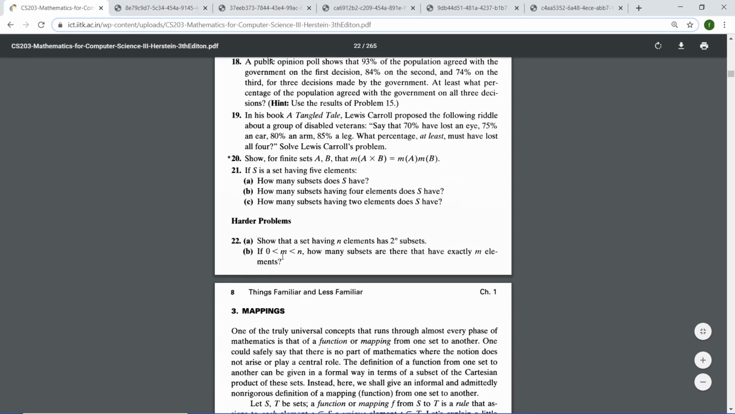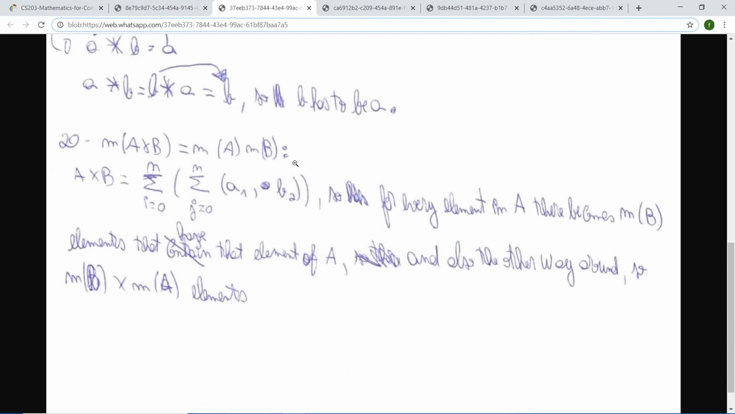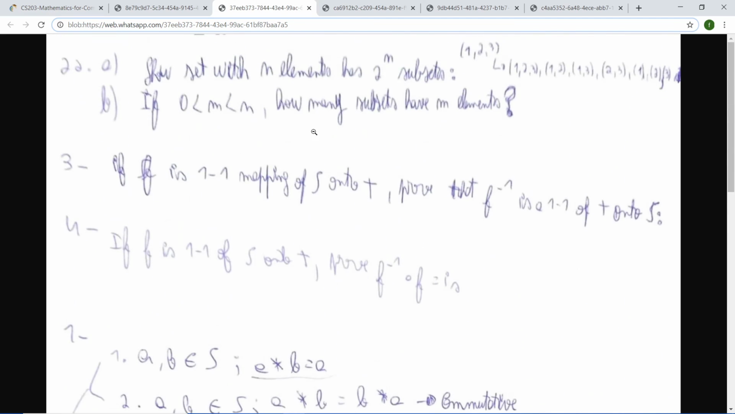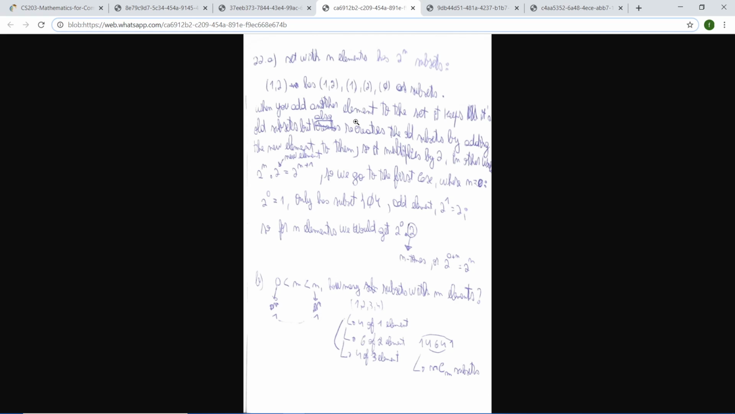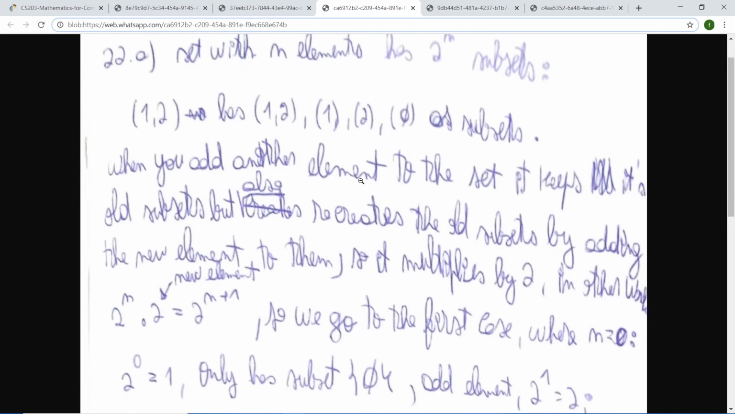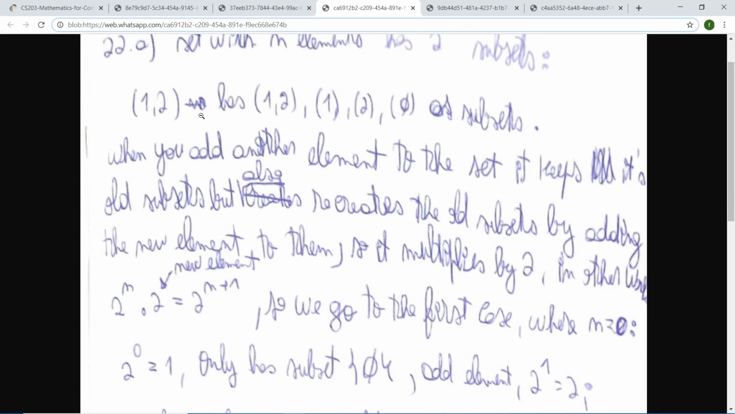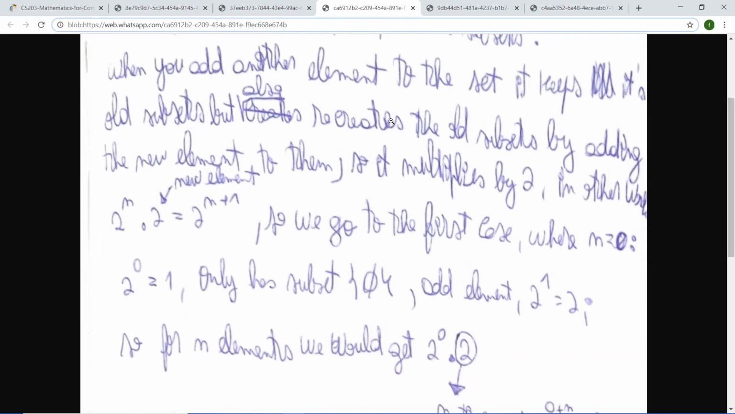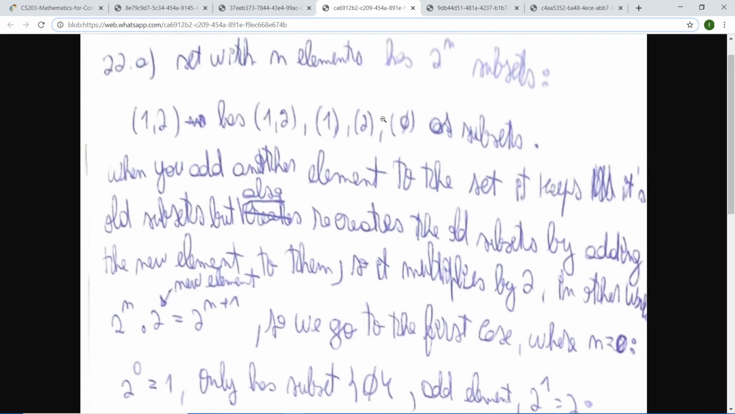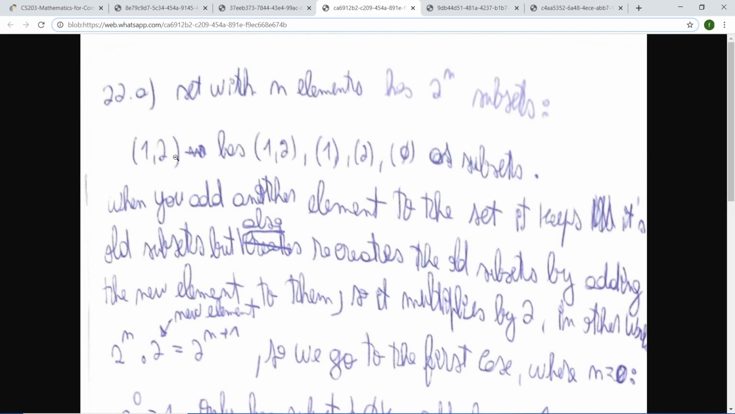After that, I tried to do this 2^A and 2^B. I still don't know if it's correct, if this is a well done proof, I guess. So I started by doing a random example, like a set that only has 1 and 2. I see that it has the subset with one element, the other element, and the null set. And after that I realized, well, what if we added another element here, like a 3,